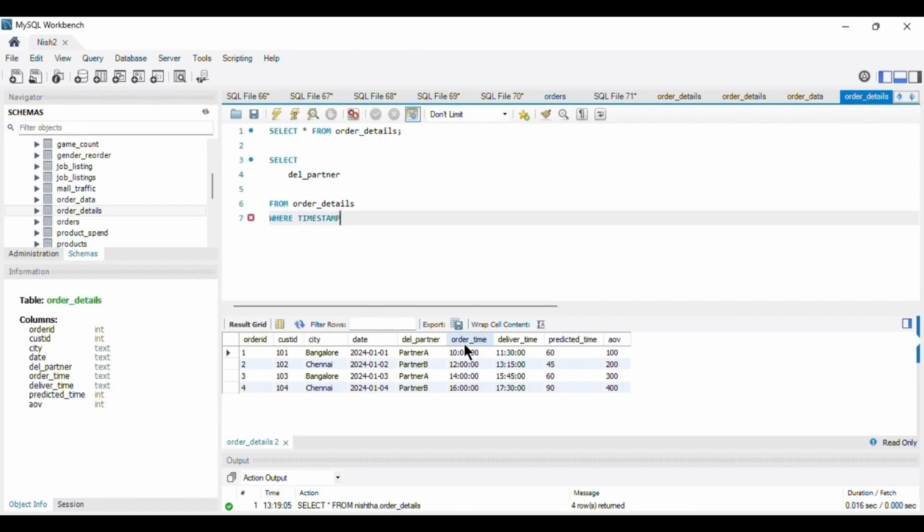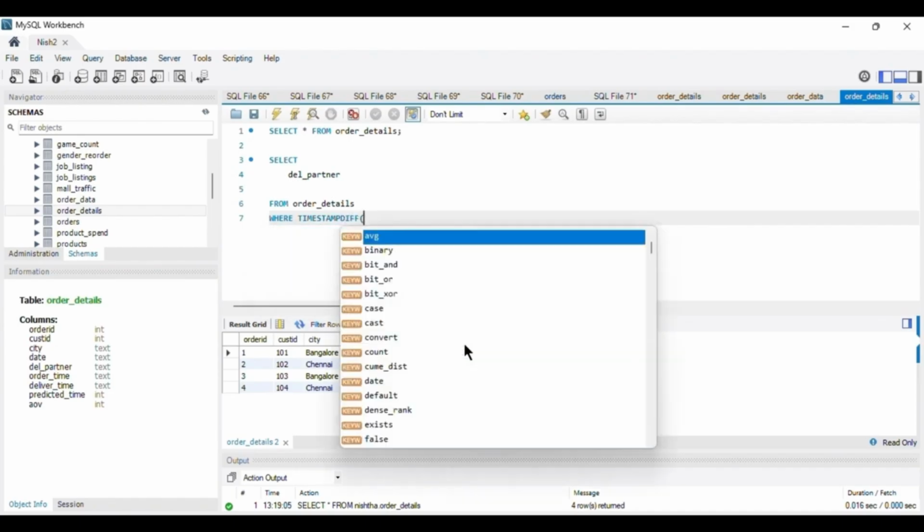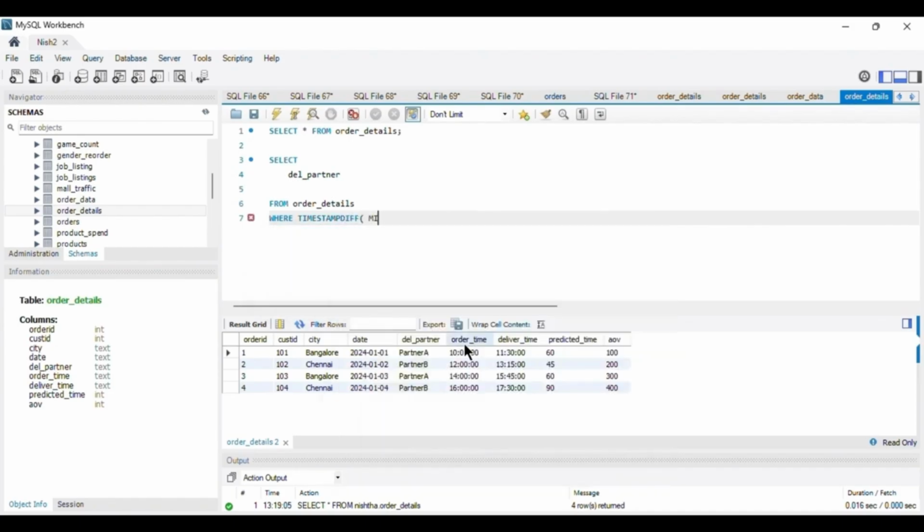If I write timestamp diff, and in the bracket I write minute, which is my unit, and my expression 1 is order time, and my expression 2 is